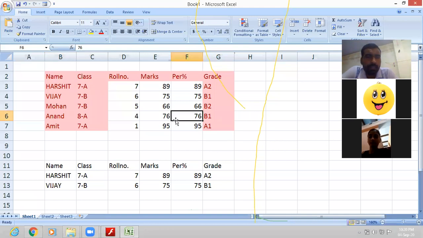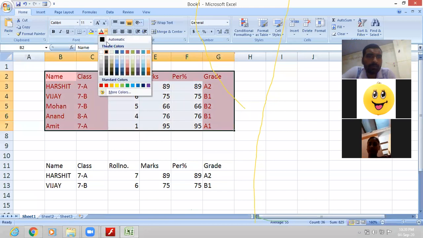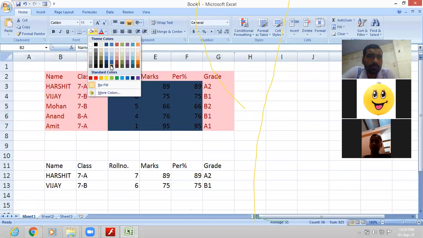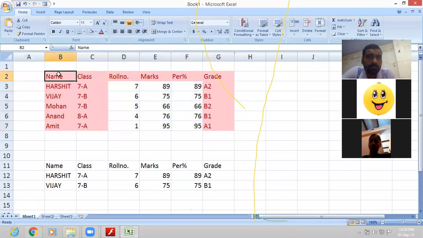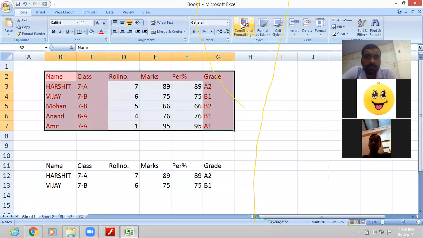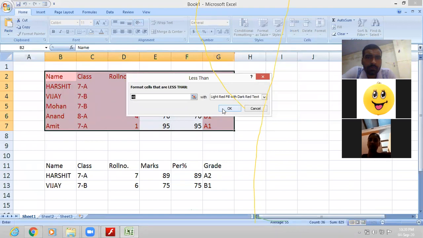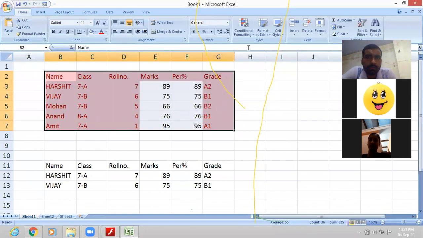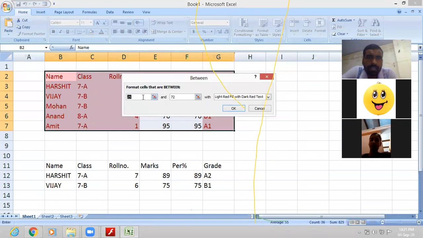Okay. Let us apply different simple formatting only. Between 25 and 72.